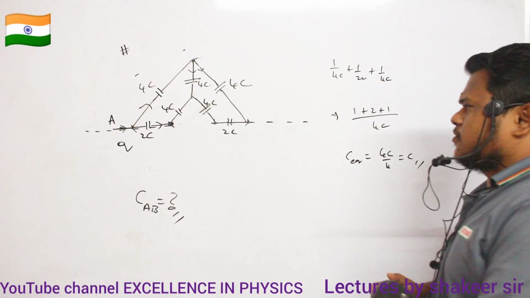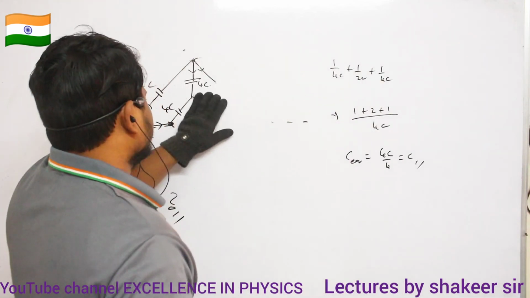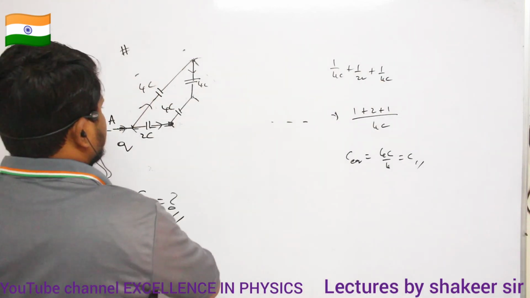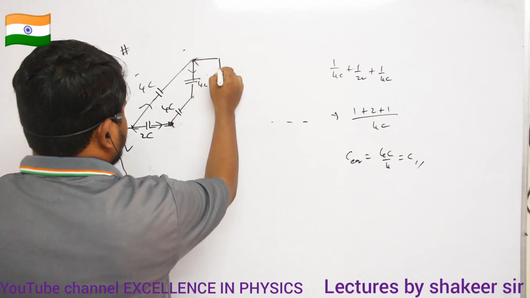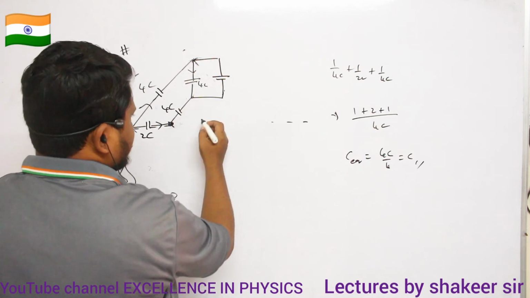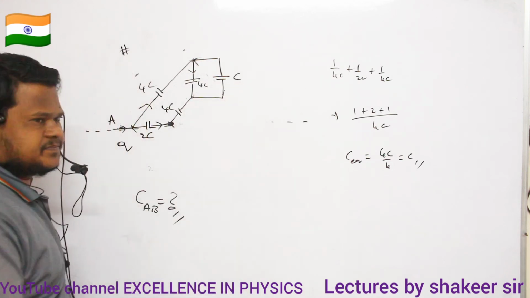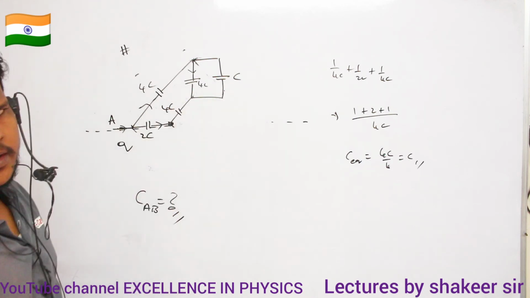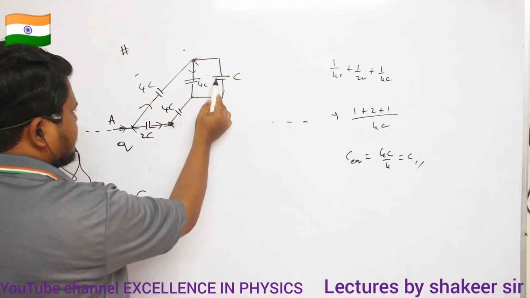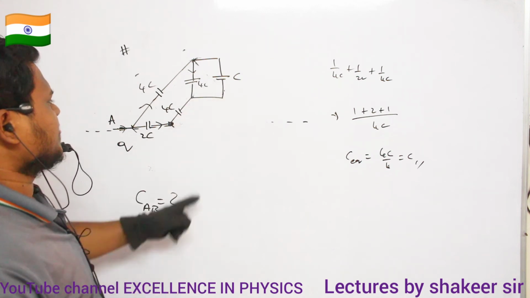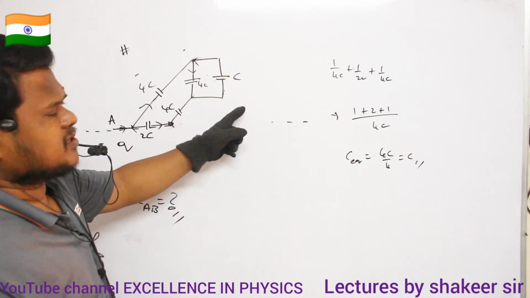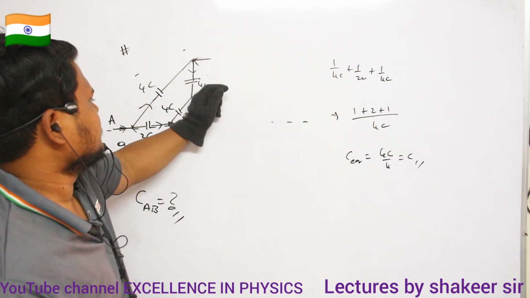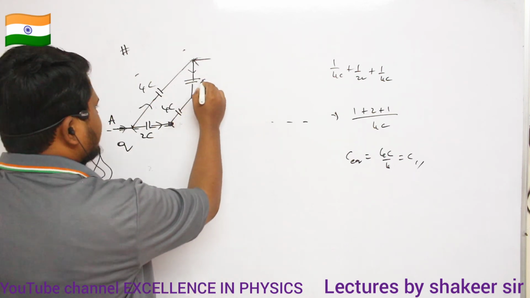Clear, no? So therefore, what I can do, I can remove all these capacitors. Clear? So I will place only one capacitor whose capacitance is how much? It is having a capacitance of C. Clear? Next, 4C and C, they are in series, are they in parallel? 4C and C. Come on. 4C and C, they are in parallel connection, no? So remove this 4C and C. So instead of both of them, just you can write 5C.